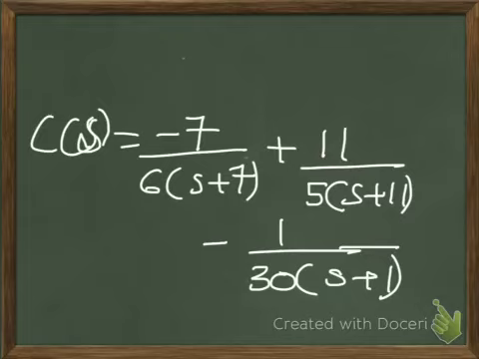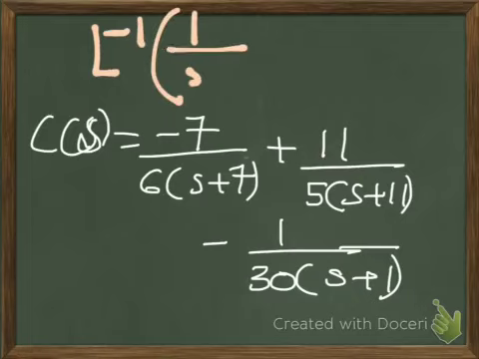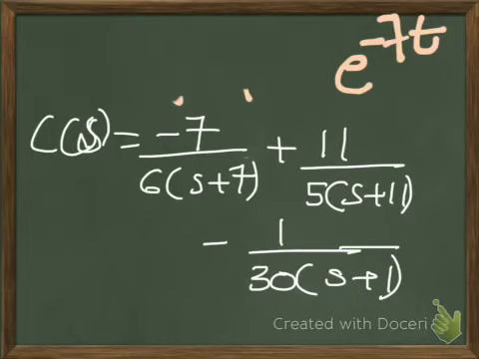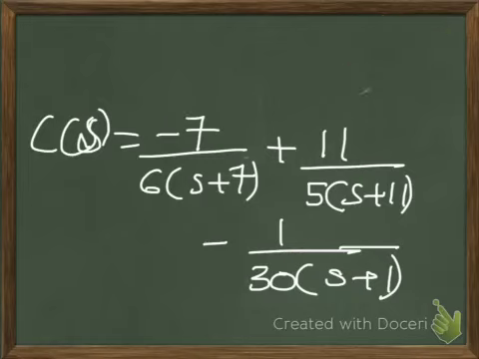So the only formula you need to remember in this is Laplace inverse of 1 by s plus 1 is equal to e power minus 1t. So if you have Laplace inverse of 1 by s plus 7, you will have e power minus 7t. If this is 7, you will have 7t. If it is 9, you will have 9t. So using this formula, just find out the Laplace inverse for each individual term,